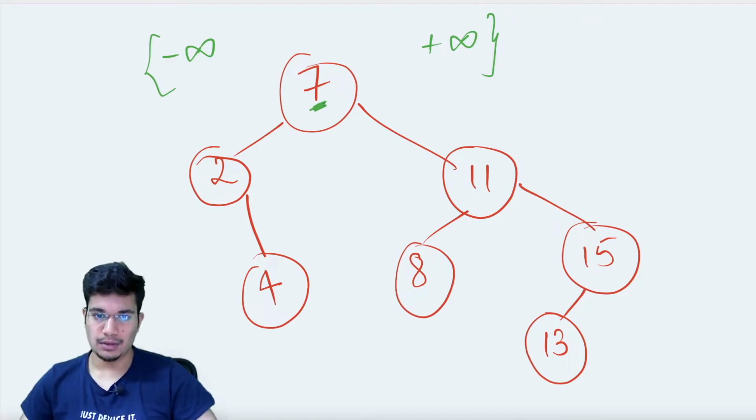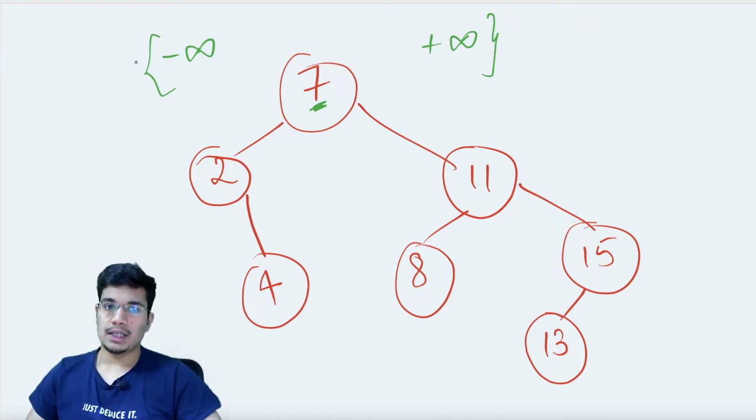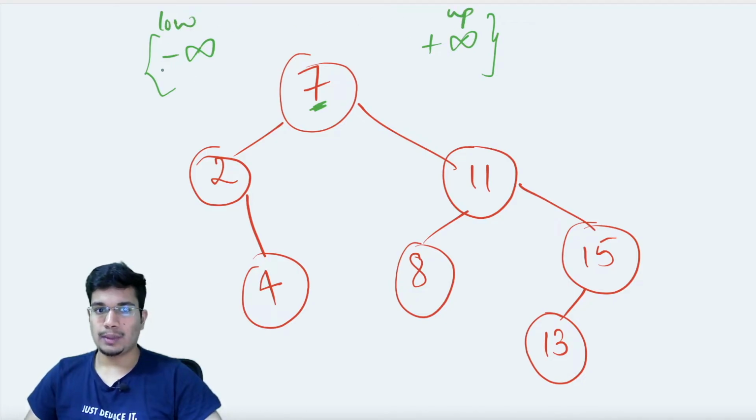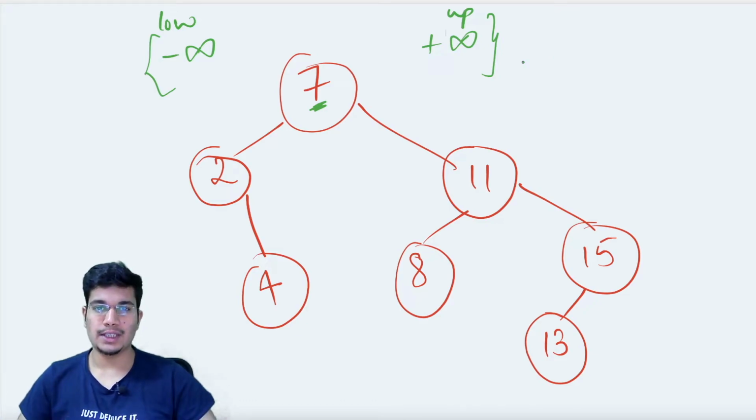So for example, when I make the call on the root node, I will pass these two parameters. This is basically my lower limit and this is my upper limit. Minus infinity and plus infinity can be treated as a very small integer or a very high integer, which are there in any programming language. First I'll check if my root node lies in between this particular range, and it does. So I'll make recursive calls towards its left and right subtrees, and the values will change.